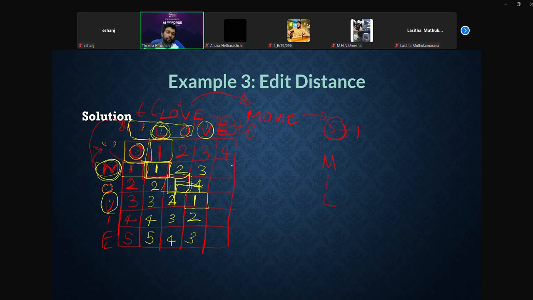So you can slowly go through these kinds of dynamic programming problems. Then if we have M only, you will have 4. Then E is there. So